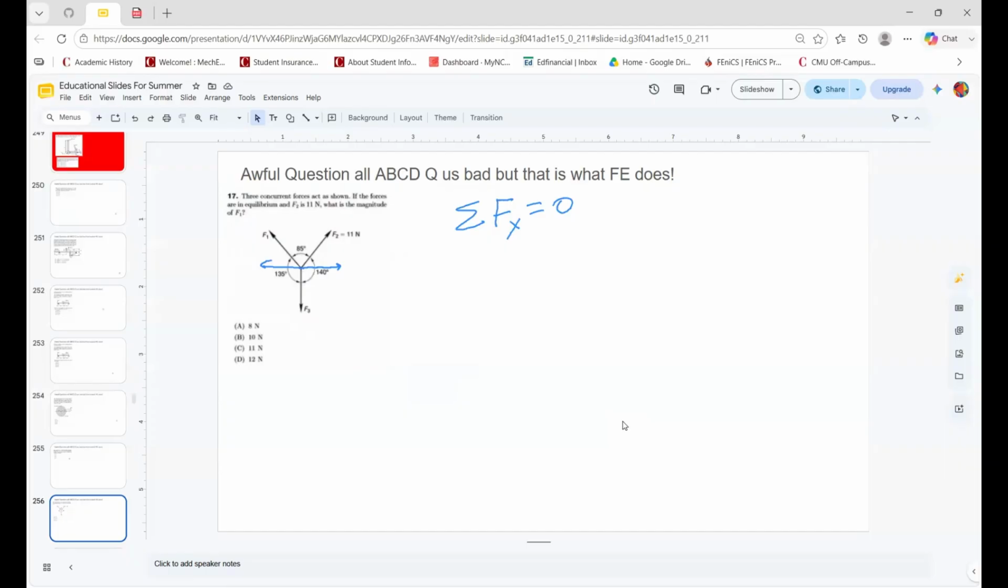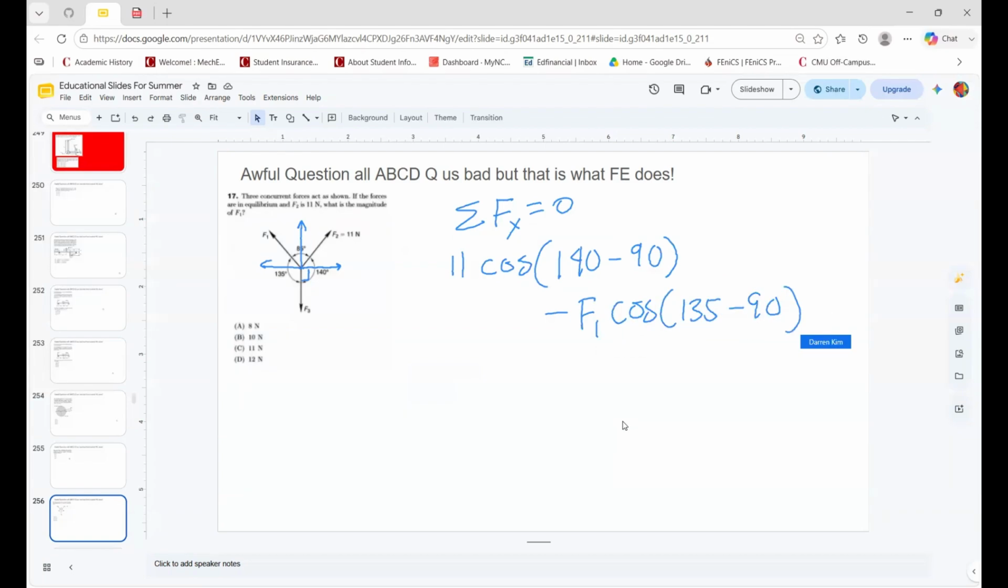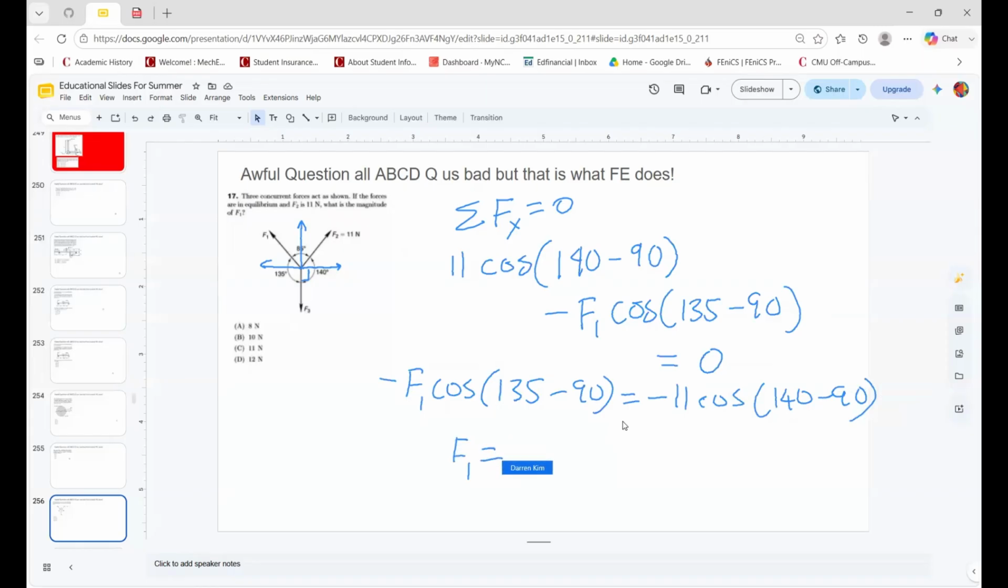Let's think for a minute over here. If we put the y direction as here, then we know that 90 over here is in play. So what we have to say is 11 cosine of 140 minus 90, and this is the positive direction, and the negative for the other one: F1 cosine 135 minus 90 equals 0. With that said, we must play our cards correctly, where we say next is negative F1 cosine of 135 minus 90 equals negative 11 cosine 140 minus 90. And with that, we can say F1 equals minus 11 cosine